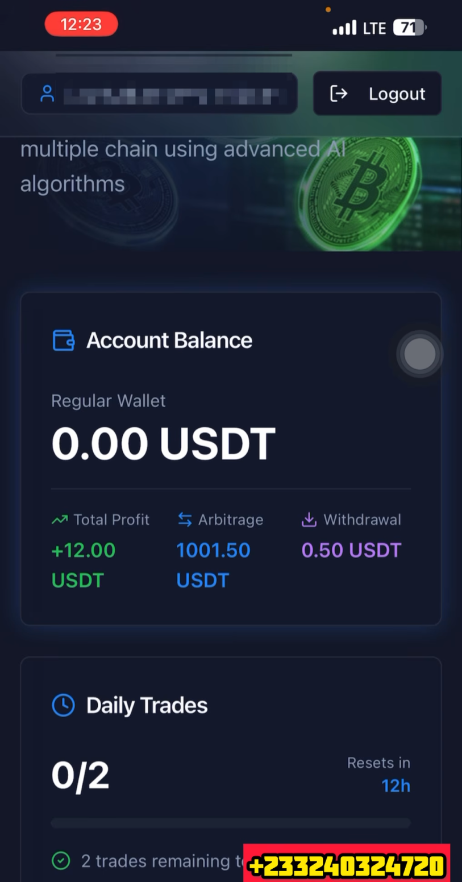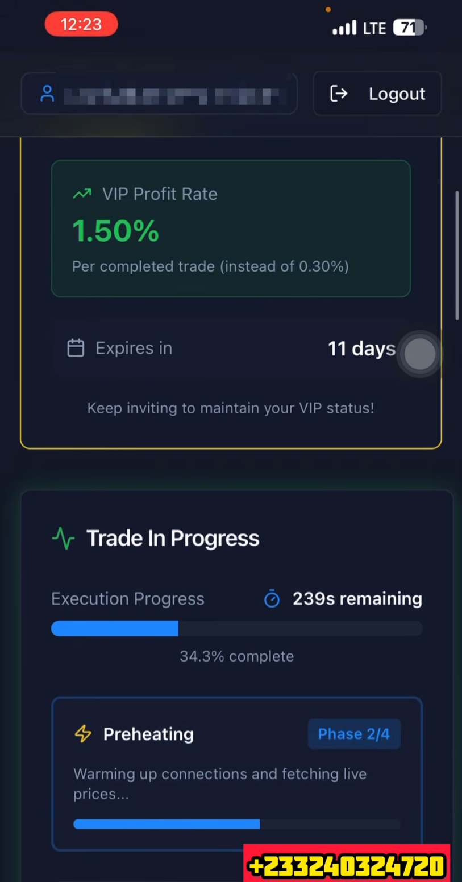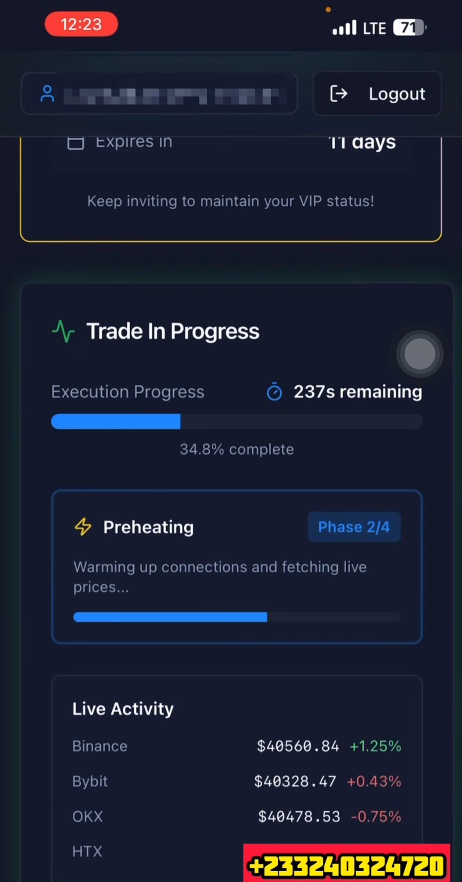You can withdraw your profit anytime that you want. Right now it's doing the preheating. After the preheating, it will go straight to the arbitraging. Just as simple as that. So if you want to withdraw your money,